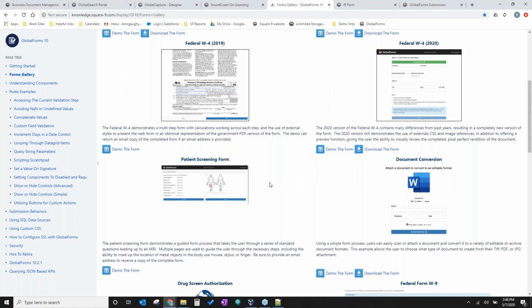There were helpful hints along the way where we would give them hints on what to do at a particular section of the form. There were video links where they could click on a video and watch a tutorial on how to fill out a section or explain a section of the form to them. So, a number of different avenues to take with the global forms piece.